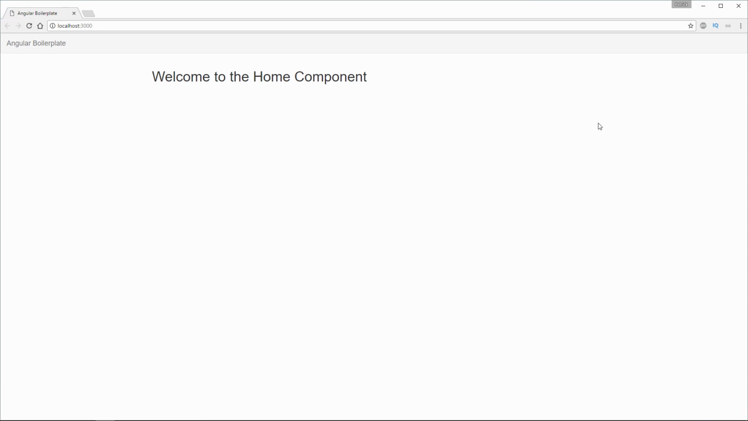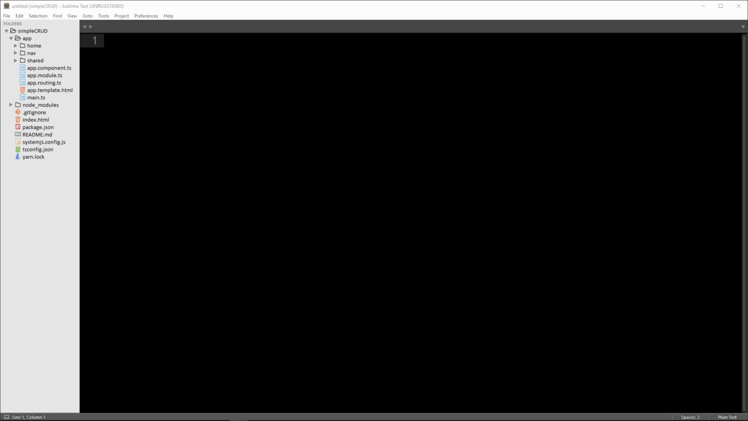And this is what your application should look like at this point. A simple welcome to the home component message. So in this project, we just have the one route in which we display the products and perform CRUD operations on. So for this project, what I'll do is go ahead and rename this folder and some of